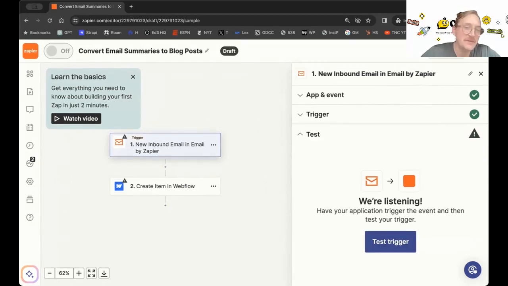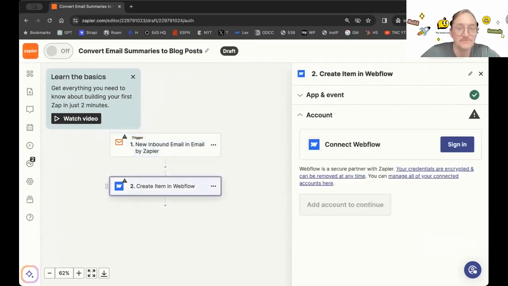Now, right now, what would happen is it would create a blog post in Webflow. So I would sign in to Webflow here and it would create an item. That would work well if that voice memo could have text, but we need to first transcribe that, right? Because it's audio. If I forwarded an email, it could just take that text and put it straight into Webflow if that was my email provider.